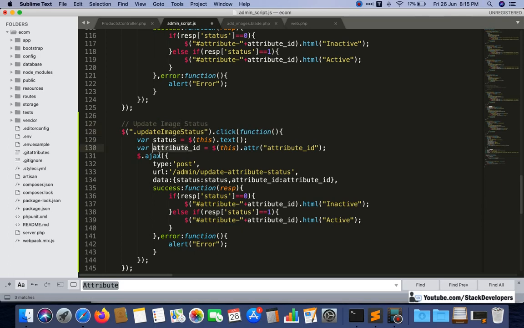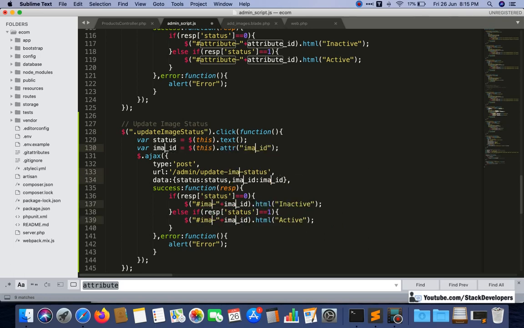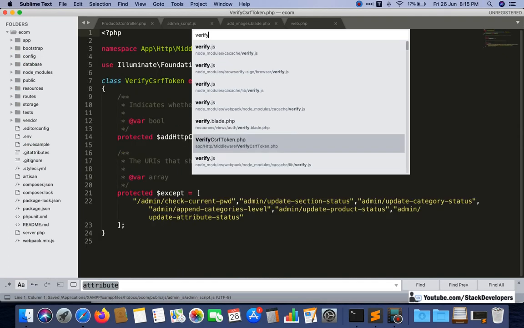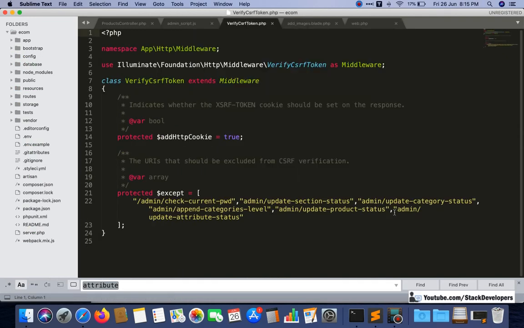That is done. So now we can try once and see. We need to add its route in verify CSRF token as well, so we can just modify this one here as well: admin update image status.